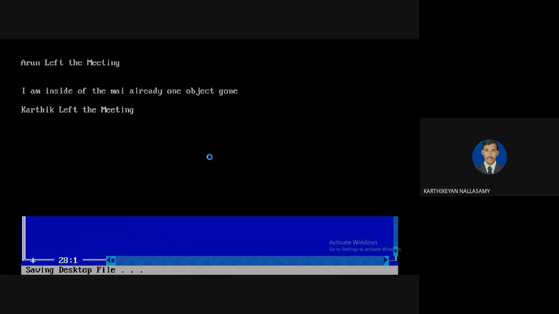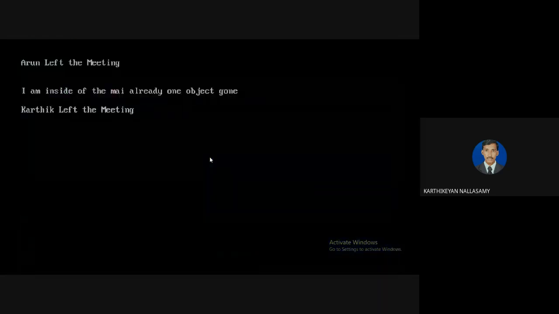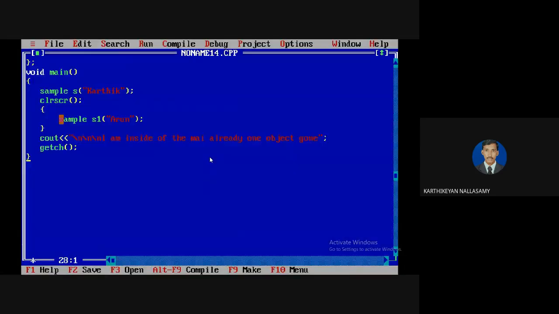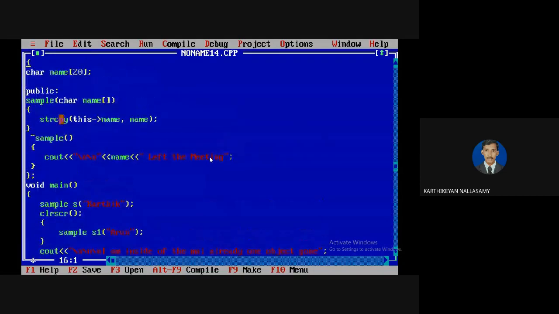In this situation, the object Karthik is still active. Normally if the curly brace is reached, it means the scope is limited up to this point. Clear? So this is the way the concept of the destructor works for deallocation of memory.